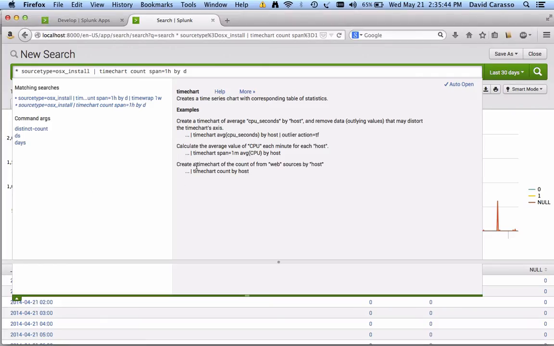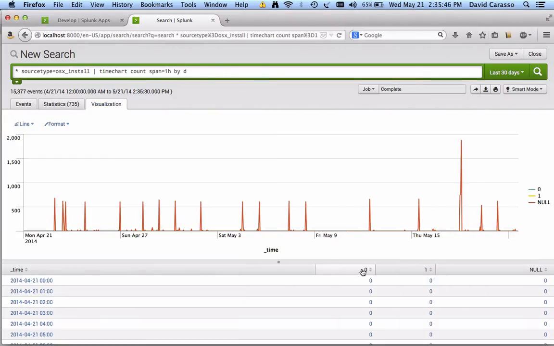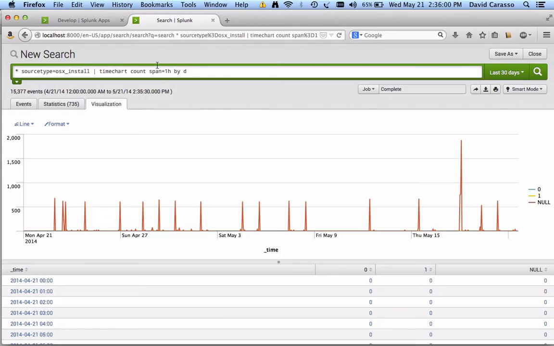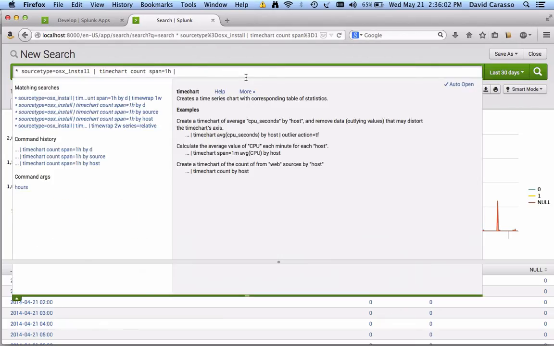That's just all the field values. And if it's not one of the ones that I'm ignoring, underscore time or all the info stuff, and if it's count, then you know what, did you notice when the field name was count,